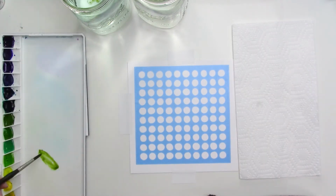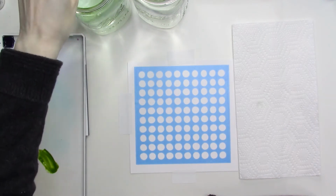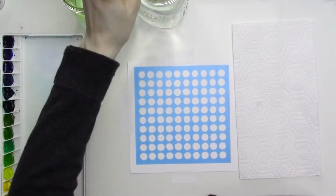I'm using Shinhan watercolors for this project, and I'll be using shades of blue, yellow, and green. So I'll start adding water to the colors that I want and mixing some custom colors on the palette. After I mix the first color, which is a yellow-green shade, I'll rinse off my brush, grab some clean water,